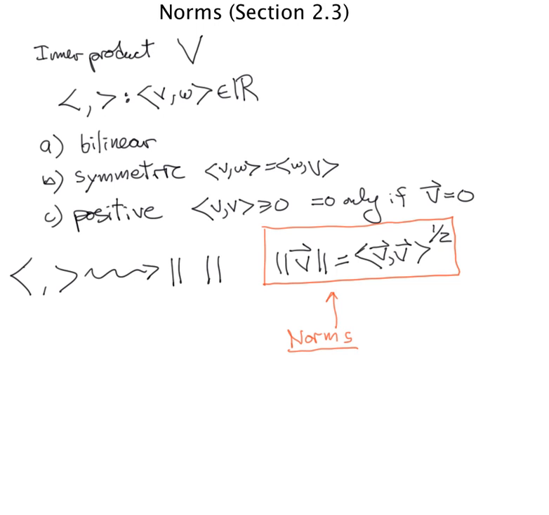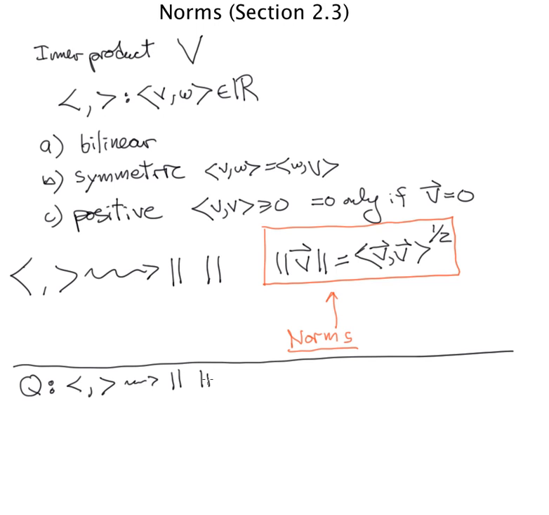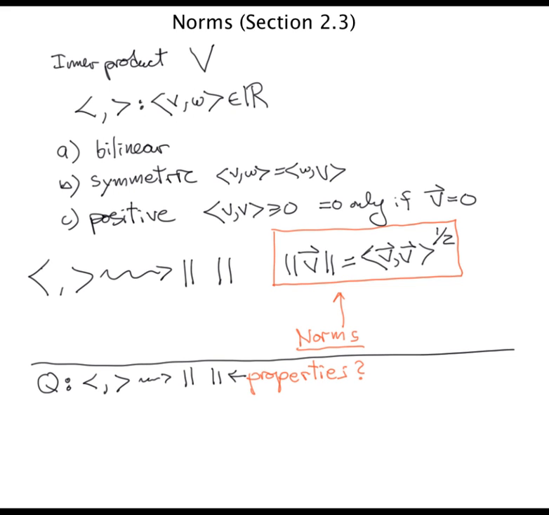Let's just say, suppose, here I'll put it as a question. Suppose you have an inner product, and using that you define a norm. The question is, what are the properties that the norm has? So what do I mean by properties? What I mean is the following. The norm,